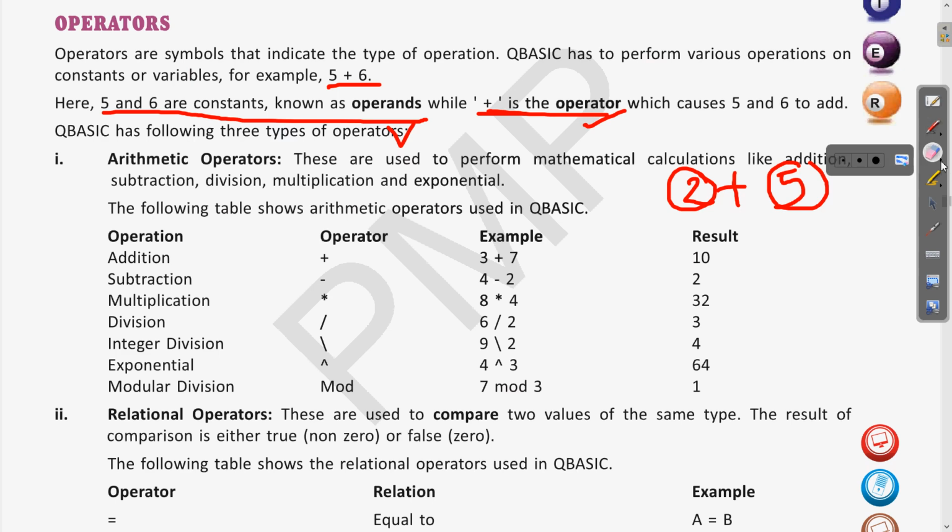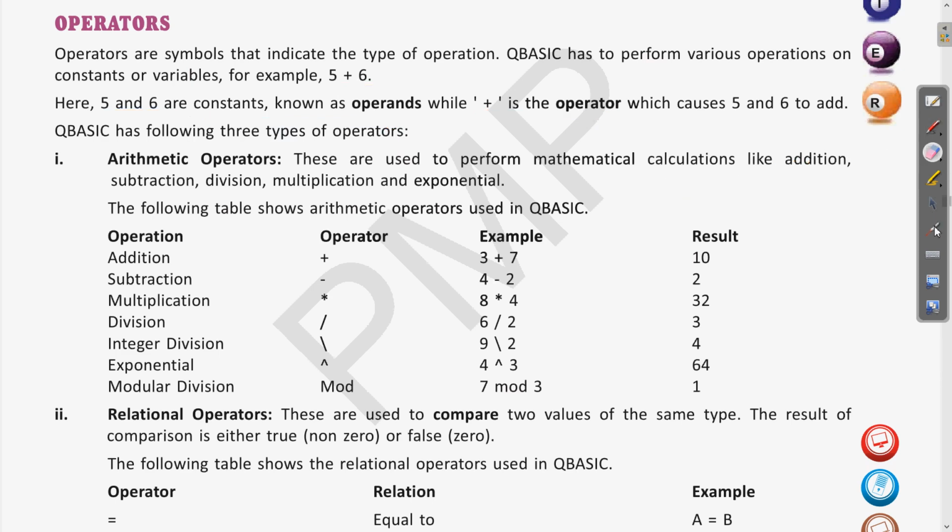And in that we saw the various operators like plus, minus, multiplication. We saw that division has three types. One is normal division, which gives you the quotient. Then there is integer division, which gives you only the integer part. So if I divide 9 by 2, for the integer division we have the backslash symbol.